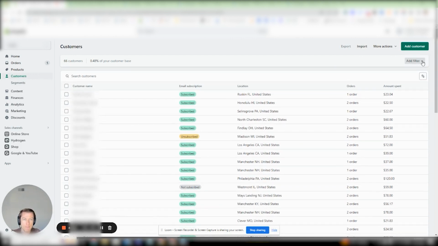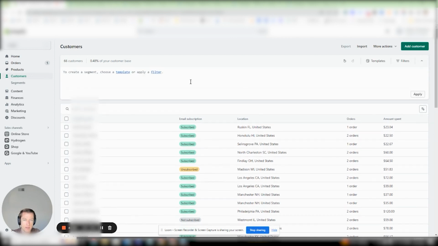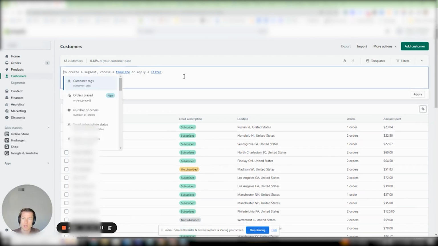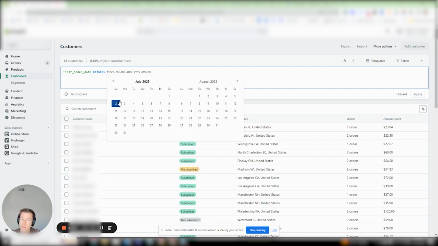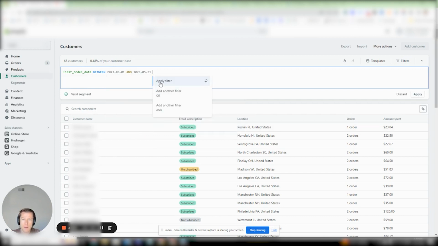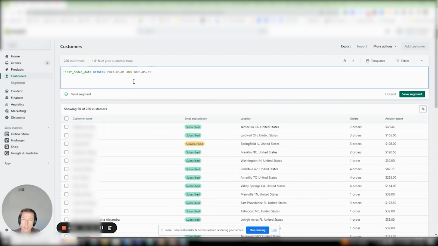You're going to click the add filter button on the right-hand side of the Shopify section. And then you're going to click to create a segment. You're going to start by typing in "first," and then it'll just autofill the first order date. You're going to select that. And then I scroll down to between dates. And then you can pick, for example, all of May, right? So I got that, apply filter, and then boom, I see, okay, for May, I got a total of 220